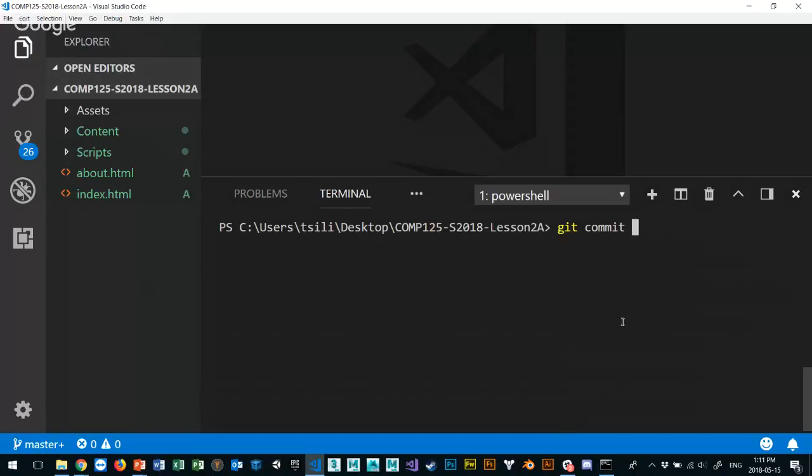So git commit -m for message. That's what that switch is. -m is a switch on the command line. That's what we call them, switches. Something past the dash, minus or -m, dash something else, those are called switches. So -m is the switch that says for message, and then in quotations the name or message that I'm associating